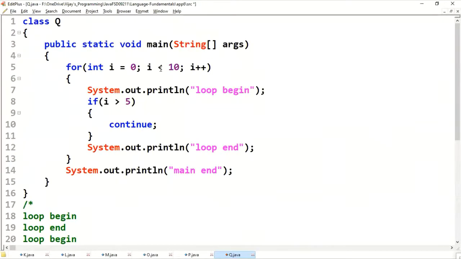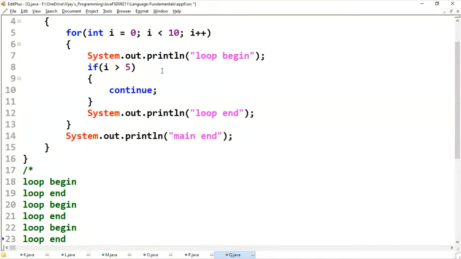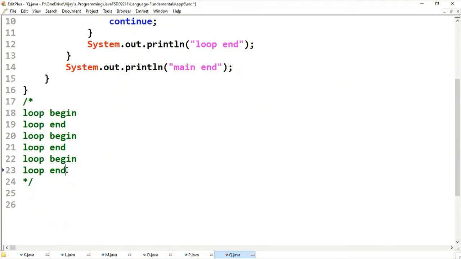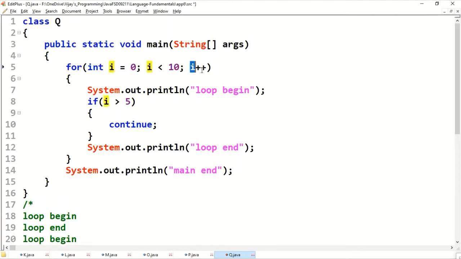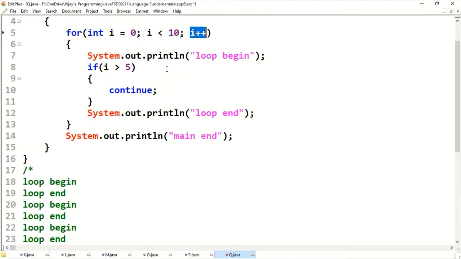2 is becoming 3. Same story. Loop begin. 3 greater than 5? No. Loop end. Then it is becoming 4. 4 less than 10?